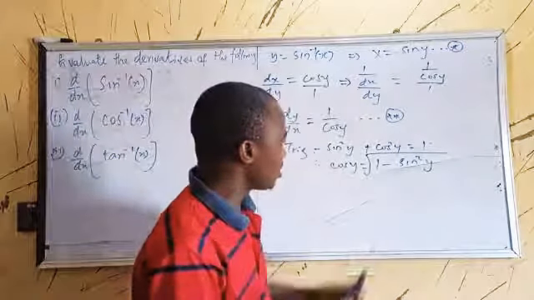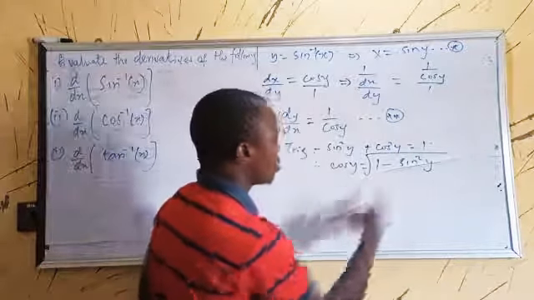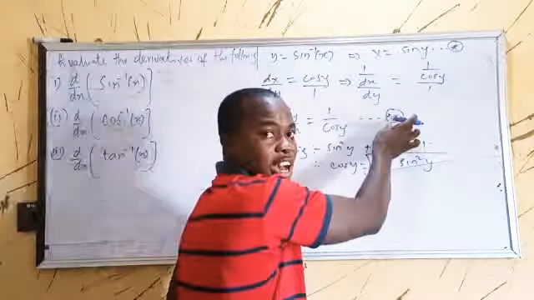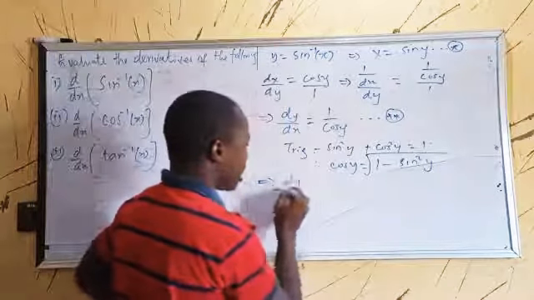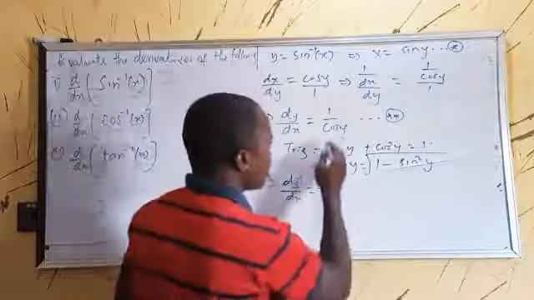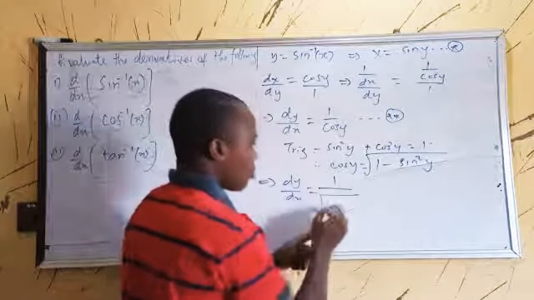So now from here we have our cos y equal to this. We now plug this into equation star star. So we have dy over dx equals 1 over the square root of 1 minus